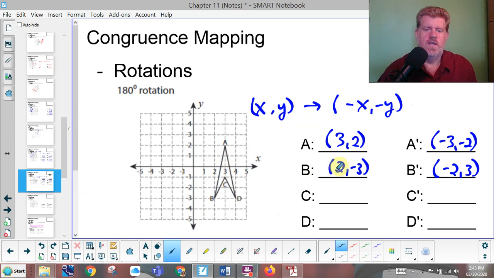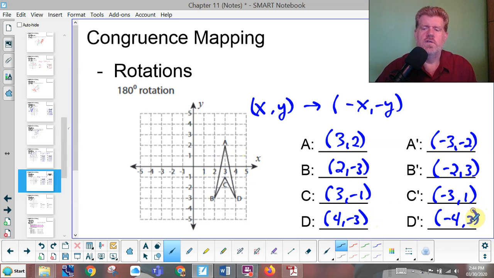Their signs just get changed. C is 3, negative 1. We switch the signs, we get negative 3, 1. D is 4, negative 3. Negative 4, 3. Let's see what we got. So negative 3, negative 2. That's our new A. Negative 2, 3 is our new B. Negative 3, 1 is our new C. And negative 4, 3. Now what I'll do is, I'm going to use my tools